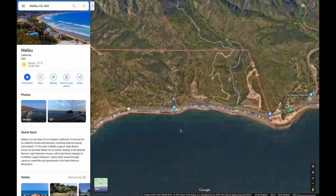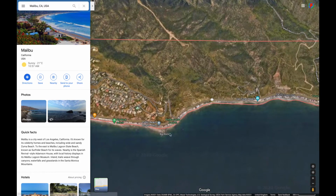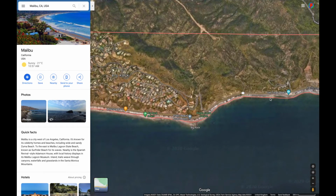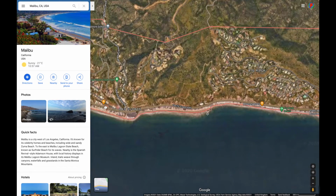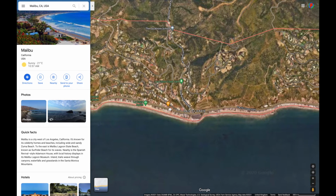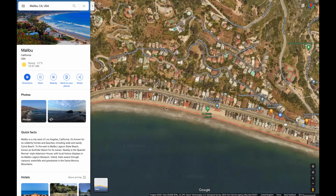At this high level, I'll just let the map resume. You can see that there's some houses right on the beach along the Pacific Highway, and that pretty much is the case for most of it. Lots of lovely beaches here, Las Tunas Beach, Big Rock we've got here. Big Rock being this area, it seems, up into the hills north of the Pacific Coast Highway as well. Then we have an area called Las Flores, which is similar to Big Rock, it seems. La Costa Beach. Let's just zoom in a bit further and have a look at some of the homes on